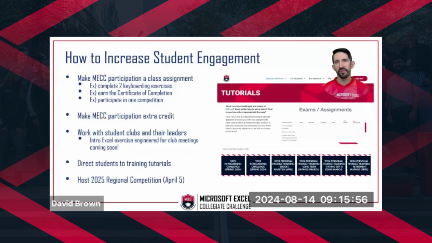And so what we're doing for this fall, and this should be released in the next few weeks, is I'm going to build a specific training challenge with the idea that students can lead the training in a club meeting. So if you want to go to a Beta Alpha Psi meeting or a marketing club meeting, you're able to go there and, ideally, I don't mean you personally, I mean a student that has watched the video that I put together and can then show other students how to get through these Excel exercises.